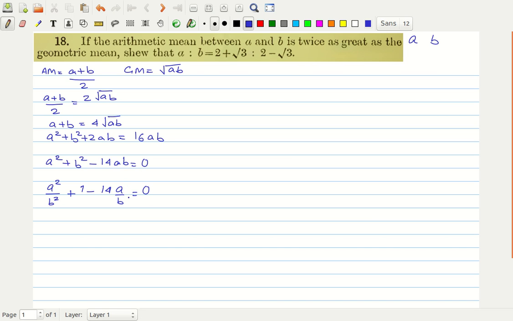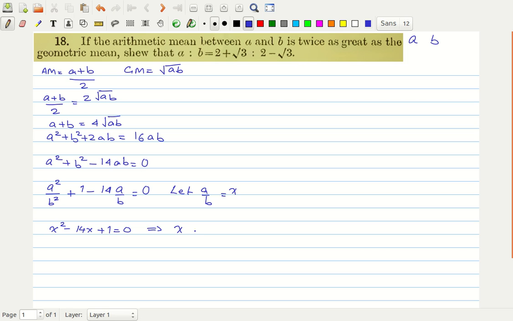And now let us say that A is to B is x. Let A is to B be x. So this becomes x square minus 14x plus 1 is equal to 0, and this is the quadratic equation that we can solve using the quadratic formula,